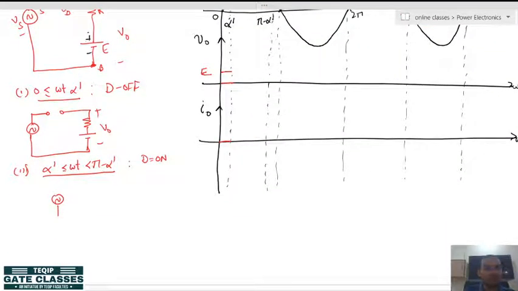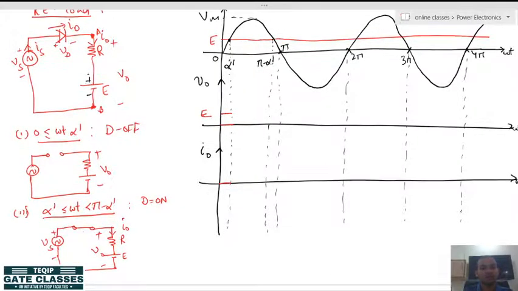the modified circuit will be like this. I naught current is flowing, and this is output voltage V naught, and this is V s. So, what you have observed, when the load is connected with the source, then again the load voltage is in parallel with the source voltage, and hence the load will follow whatever the source value is at the alpha dash instant. So, this value is here like this. If you make a dotted sine wave like this, we will get a value like that.